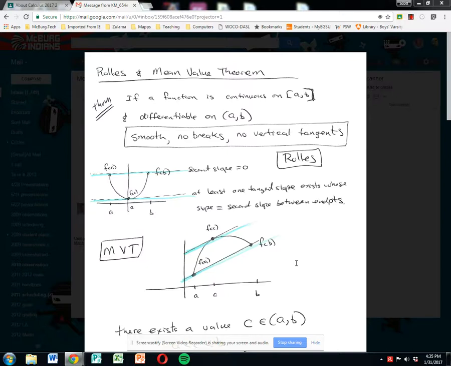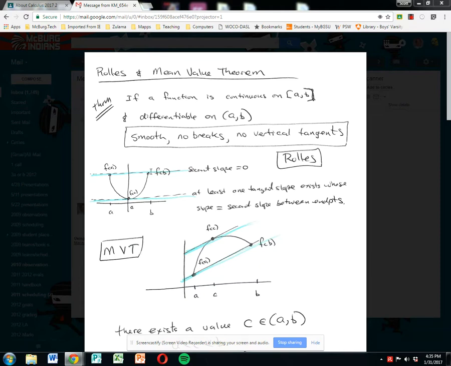Let's talk about Rolle's theorem and the mean value theorem. Basic concepts here involve the ideas of secant slopes and tangent slopes. So Rolle's theorem says if the two y values of endpoints, let's say x value a and x value b,